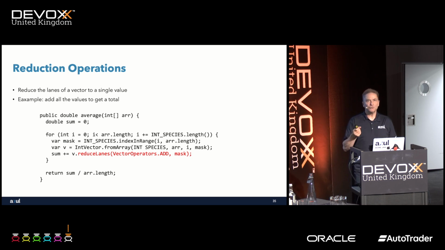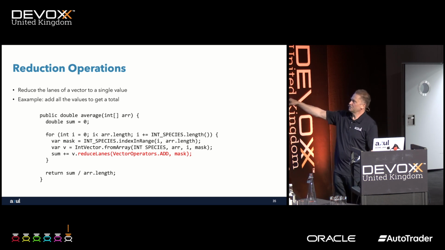Reduction operations. These are also possible. So this is quite interesting. What you can do is say, right, rather than applying the same operation to all of the lanes individually, take all the lanes within my vector and then reduce it to a single value. Here what I'm doing is saying, okay, let's take an average of the values in my vector. And so we create the mask, we do the various things there, we can create the vector from the array using our array species and so on. And then in terms of the operation, we'll reduce the lanes to the sum of the values